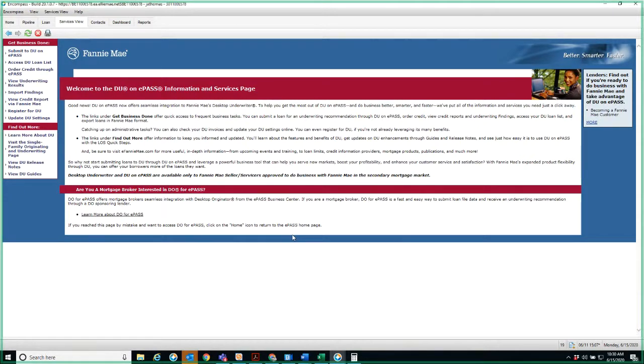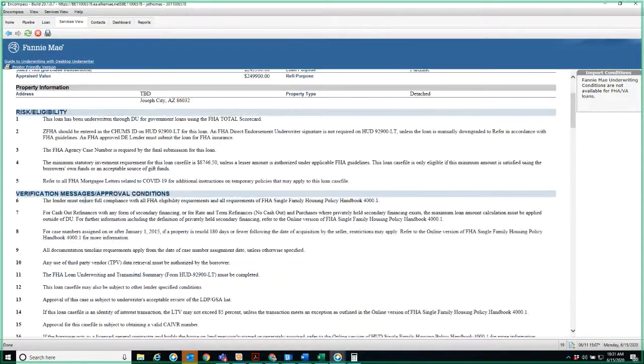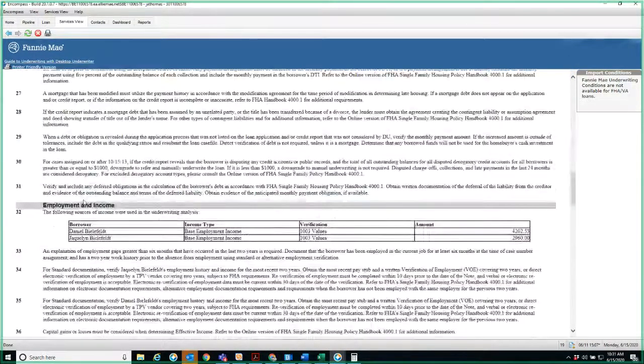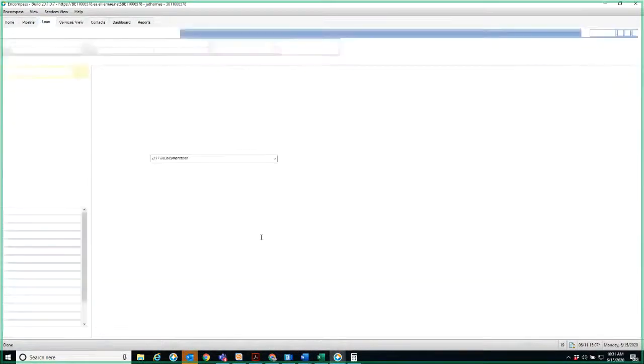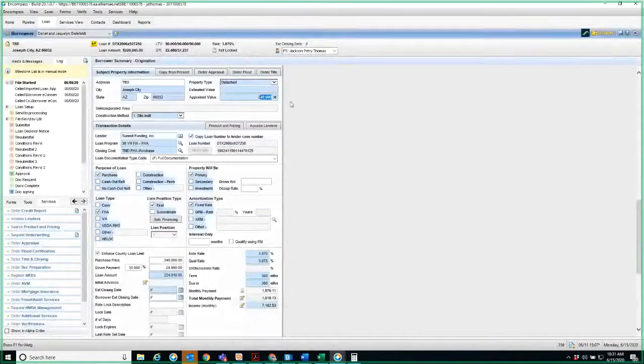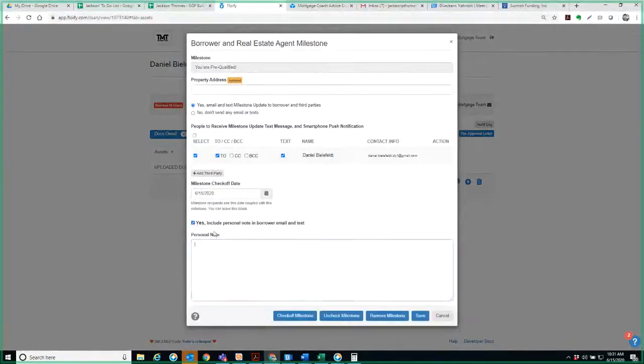There we go. So we got an approve eligible. So that looks good. I want you to review, read the findings, see if there's anything that jumps out to you that we may have missed or made a mistake on. But for right now, what we're going to do is not a pre-qualification. Say, as requested, you are pre-qualified to purchase a home